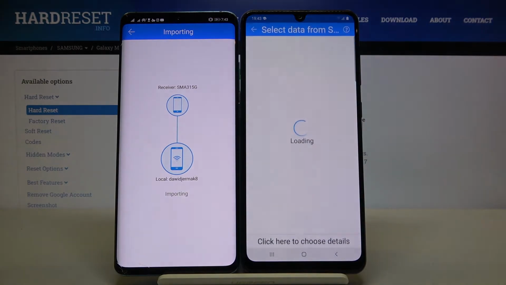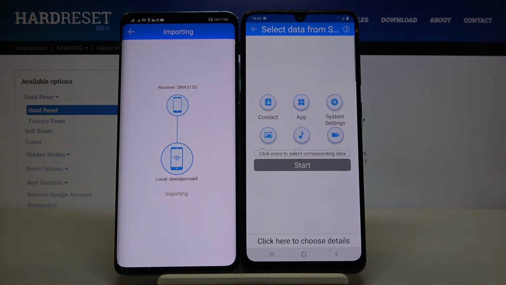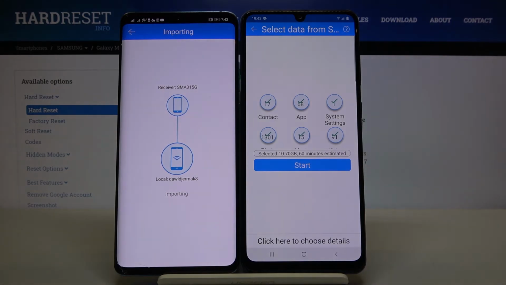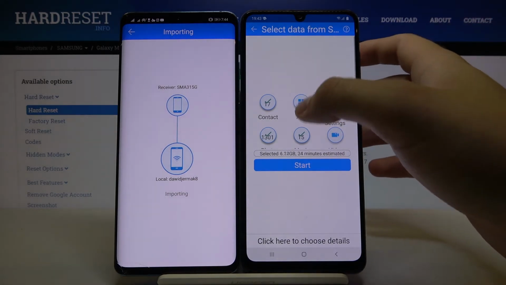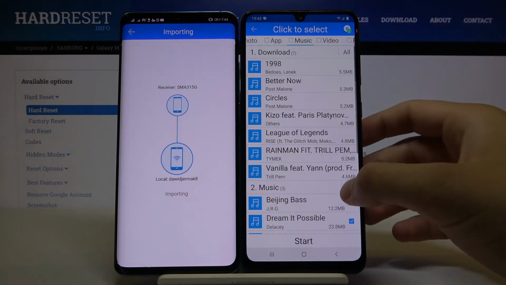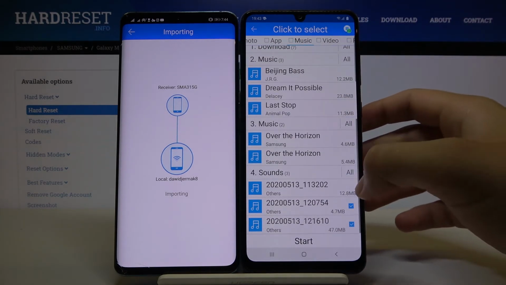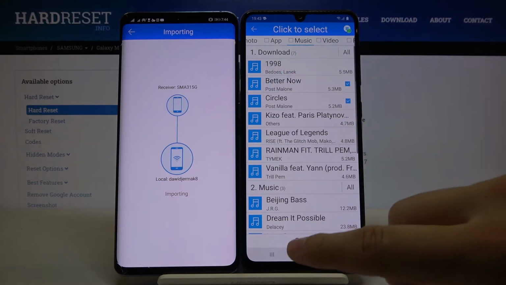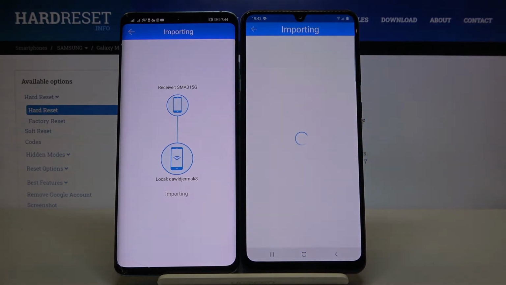Accept the request. And if you want to send everything, you have to click on all of these icons and then just click start. But in this example, I'm going for the details and I think that I'm going to send maybe these two songs from Post Malone. Click start. Okay,